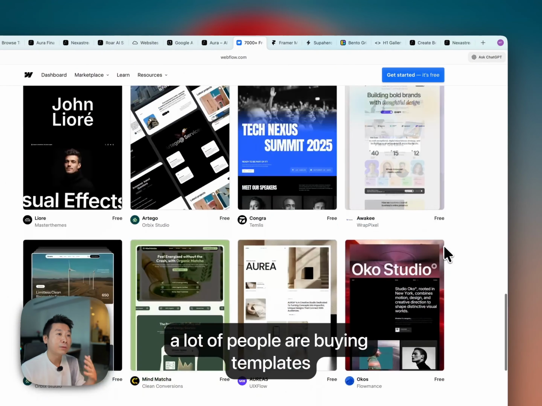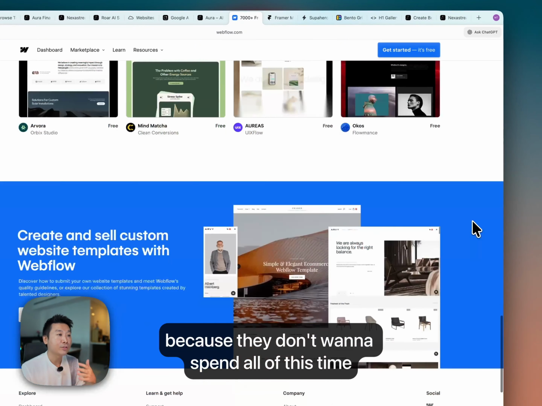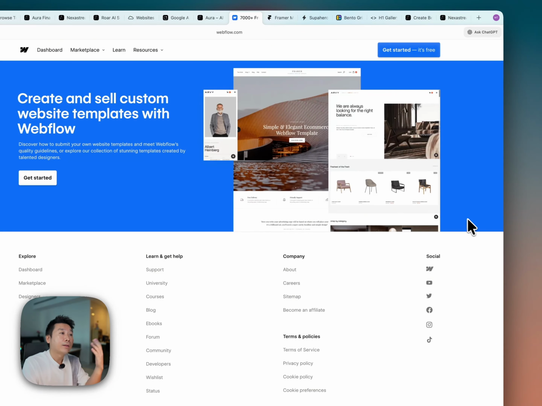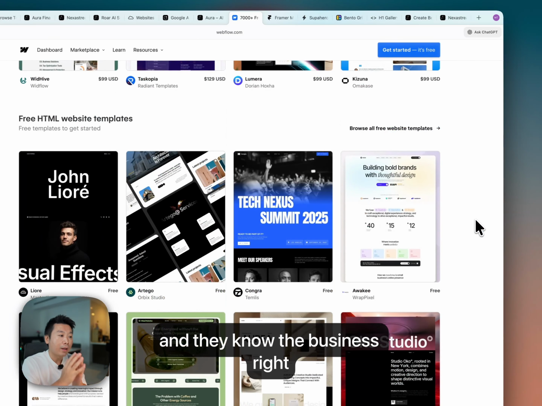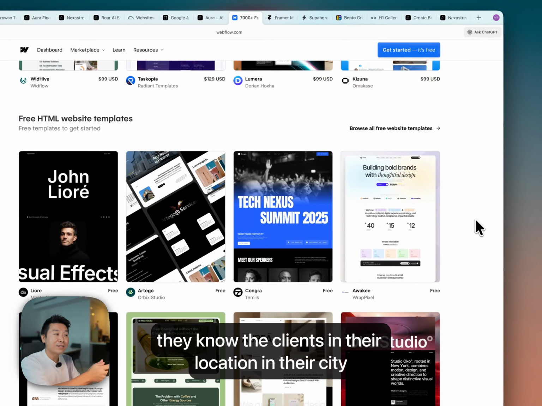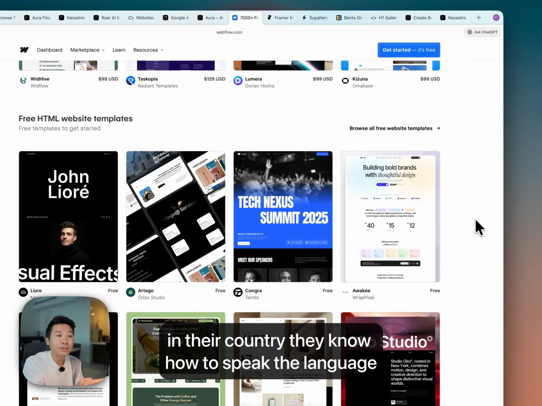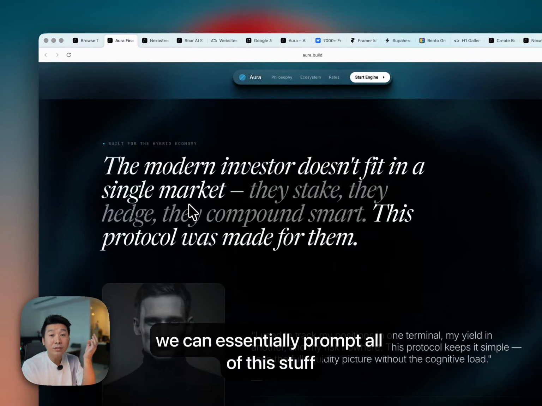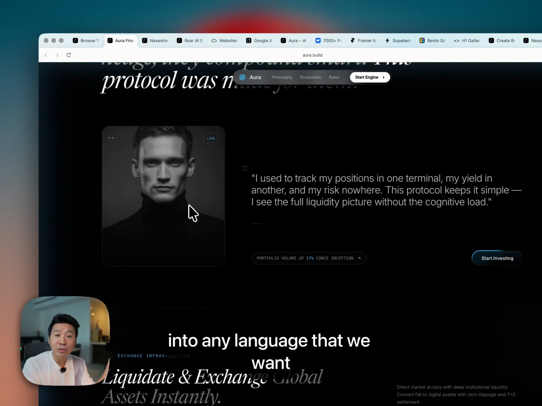right? A lot of people are buying templates because they don't want to spend all of this time, or they don't know how to build these templates, and they know the business, right? They know the clients in their location, in their city, in their country. They know how to speak the language. And now, thanks to AI, we can essentially prompt all of this stuff into any language that we want, into